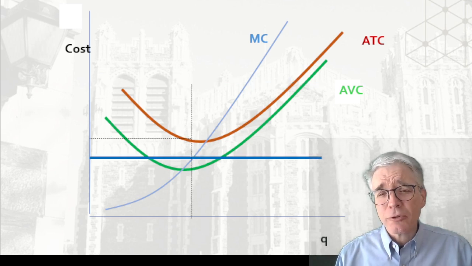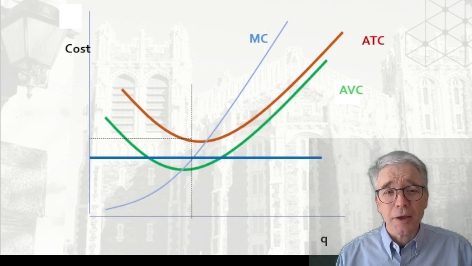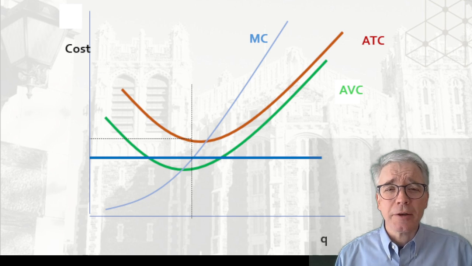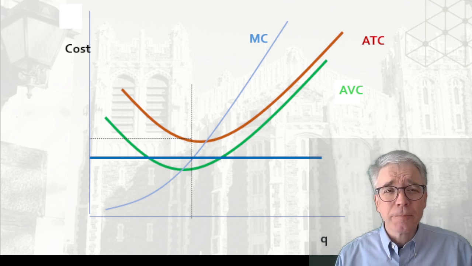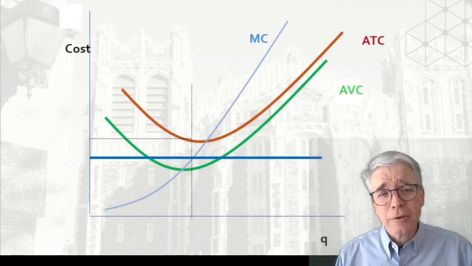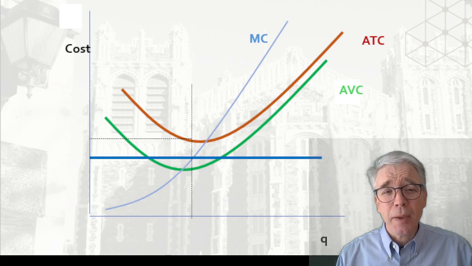This here shows a lower price. Now the lower blue line. Again, the firm can maximize profit by choosing Q such that price equals MC, which is that vertical dashed line there. But note that now average cost is greater than the price, so the firm's losing money on every item sold. They're not happy about that. Why produce anything at all? Well, because the price is at least greater than average variable cost. So they're at least covering their variable cost and paying something towards covering the fixed cost. If the price went lower, below even AVC, then the firm would just not produce.